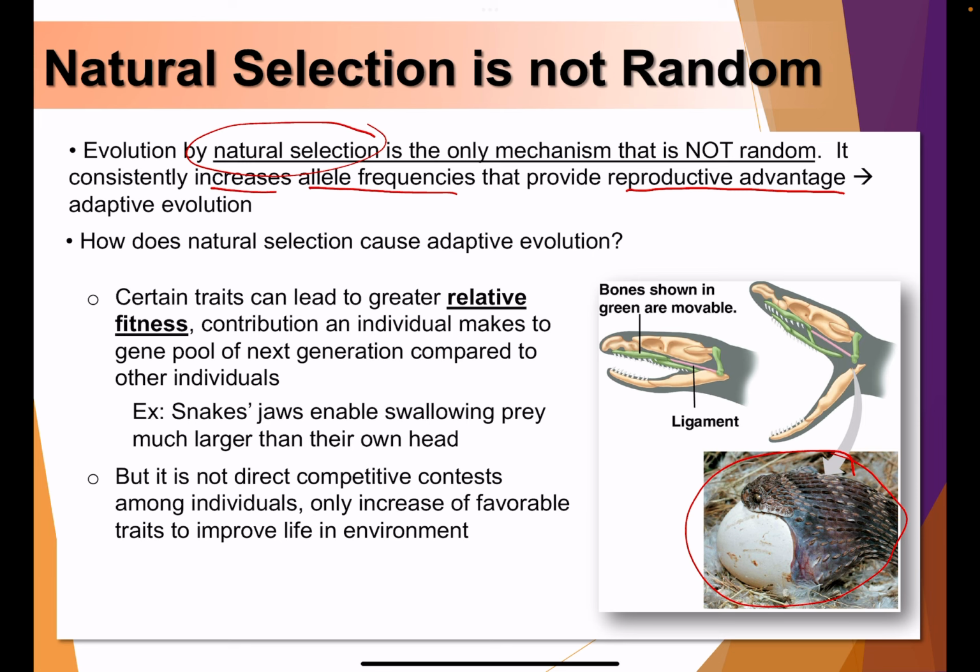Meaning that it is not like let's have a competition to see who is the strongest here. We're talking about those traits that are more favorable to improve life in a particular environment, which results in this particular trait being favored, okay? Not because there's a competition amongst the individuals. The textbook says this is usually the misconception of why natural selection is described as survival of the fittest, which you commonly hear, because it is not a really scientifically correct way of saying what natural selection is. It is not a competition.